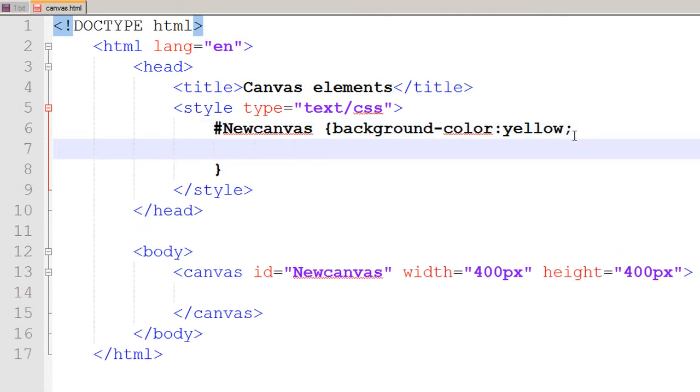So I would just say that the border should be 2 pixels and it should be solid and black in color. I save my file, go to my browser, refresh it, and now see that we have got a black border which is solid and 2 pixels wide on our canvas. In the next tutorial, we will be using the internal JavaScript file to draw a square and a rectangle on